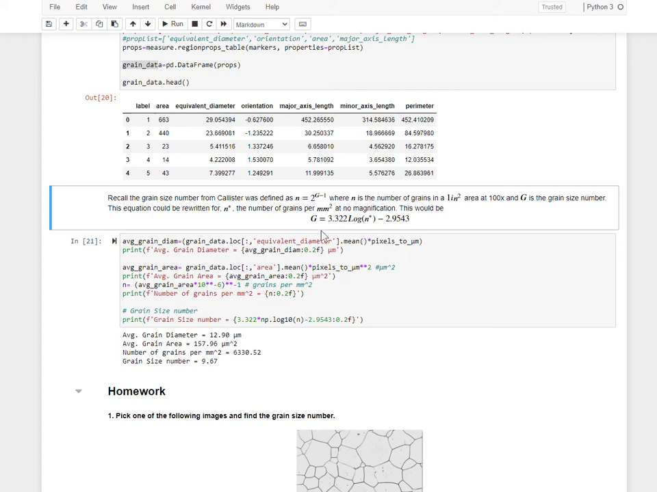And then if you were to plug that into this equation and do a little bit of rearrangement, you could find that the grain size number is equal to 3.322 log of this grains per millimeter squared minus 2.9543. Right? So that's the grain size number, as long as n, again, is in grains per millimeter squared. All right, so